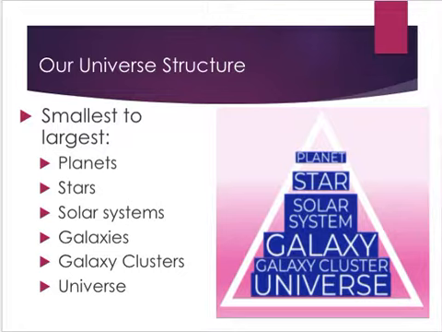And so you have to have both planets and stars in order to have solar systems. Lots of stars together, with or without planets, make galaxies. Galaxies can then be clustered into galaxy clusters. And then, of course, you have your universe. So those different pieces all fit together, and we're going to focus in on this section right here in terms